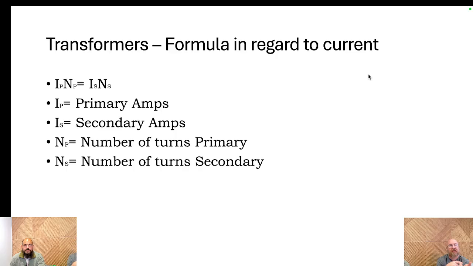When we talk about needing more voltage, we're going to use more current. Or I'm sorry, when we're dealing with something that requires more current, we